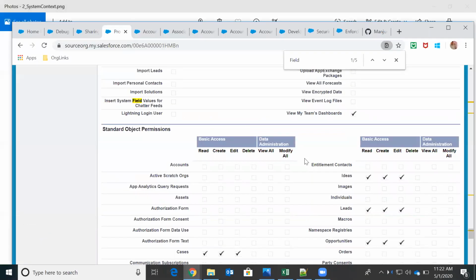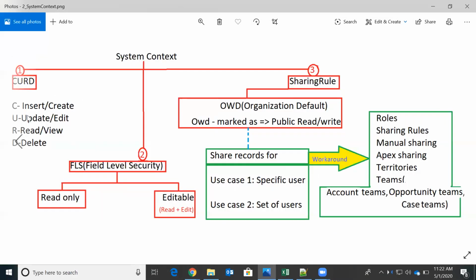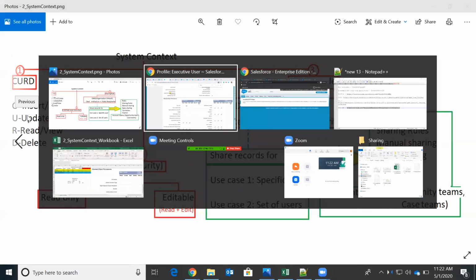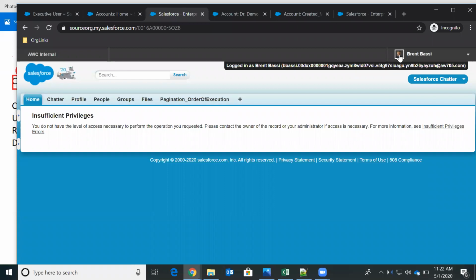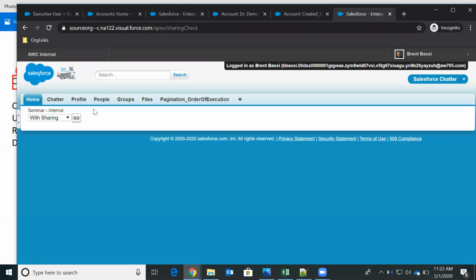I don't have any of the CRUD permissions, but what we understood is that in system context it will give all these permissions. Now this is for the executive user profile, and the executive user is Bessie. So now I am going to click the go button.